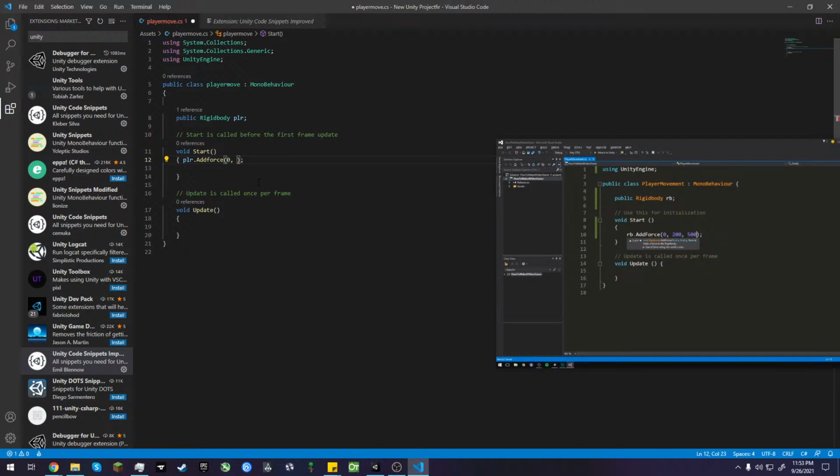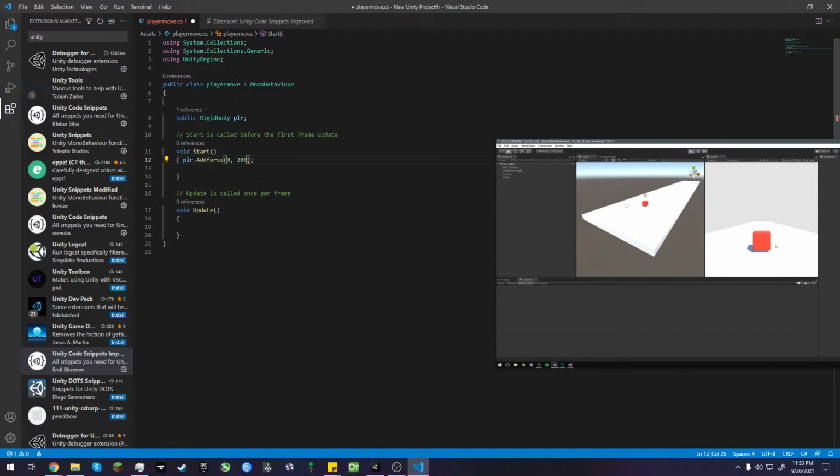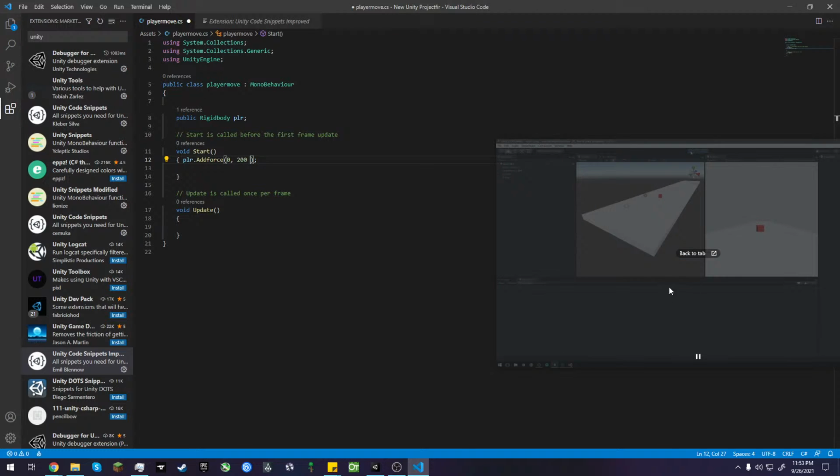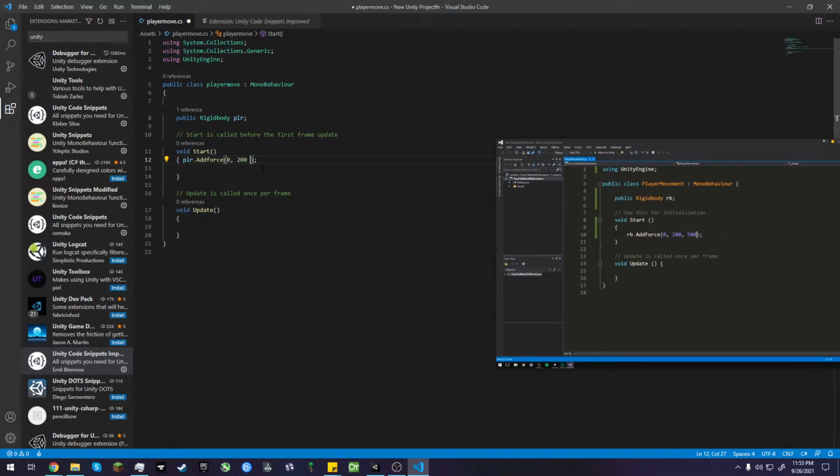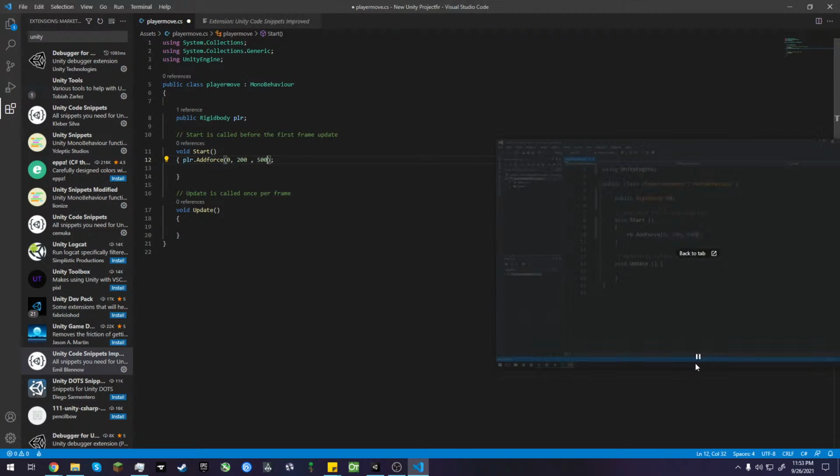We can then hit save, go back into Unity, and when we now play, we should see a force being applied to this object. Awesome. So let's stop playing, head back into Visual Studio, and what we want to do is not only add a force in the beginning of the game, we want to add a constant